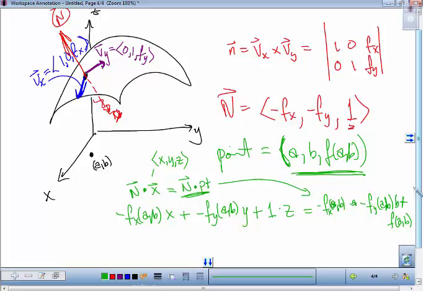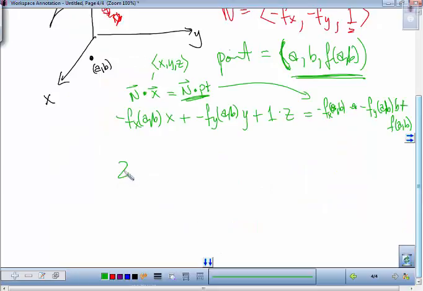So let me solve for z, just for the heck of it. Because usually you're dealing with a function z is equal to f of x, y, and this particular plane will end up being a function also, z is equal to something. So if we solve for z and bring everything else to the other side, I'll have a positive fx